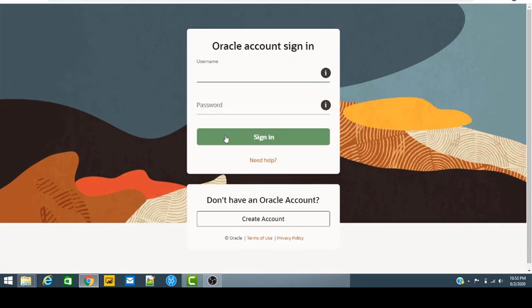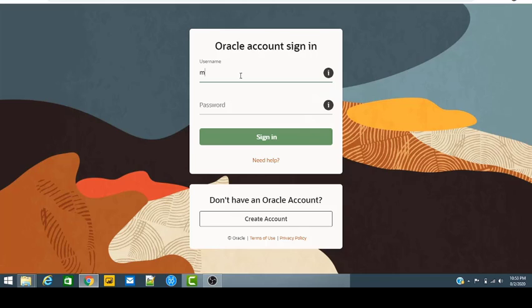So this is the login, and this page is loaded, and I type the username and password.